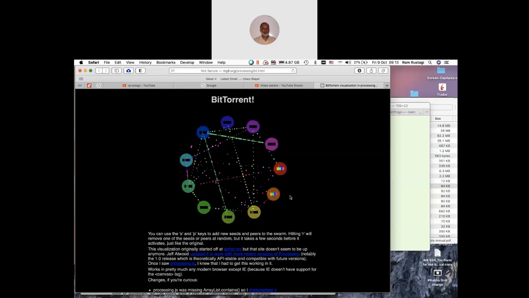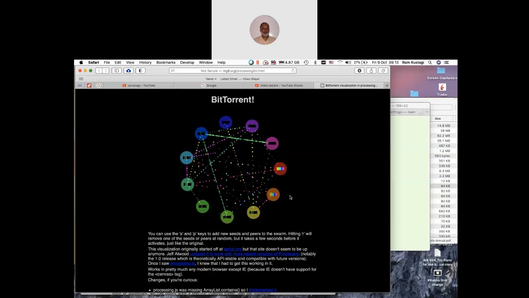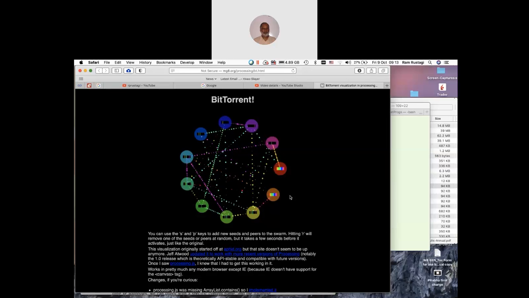And you see, this is the way BitTorrent works. Once a peer gets the full data, then probably it will only be transmitting and not receiving. It may remain in the network or it may go out of the network. So you can play with this URL, changing the number of peers and servers, and see how BitTorrent really works.